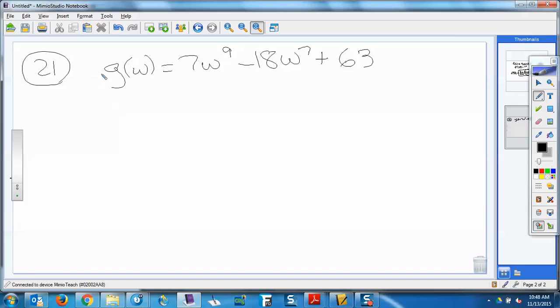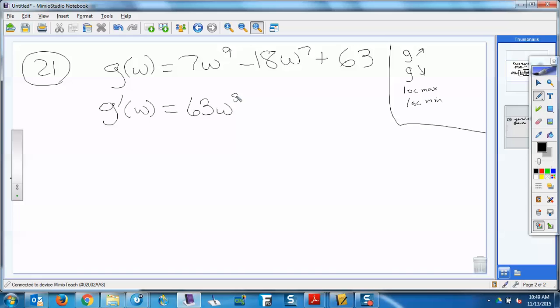All right, so we want to find where g is increasing, where g is decreasing, where there's a local max, and a local min. That's what we're interested in, right? So where do we look for those things? Where g prime is 0. So g prime would be 63